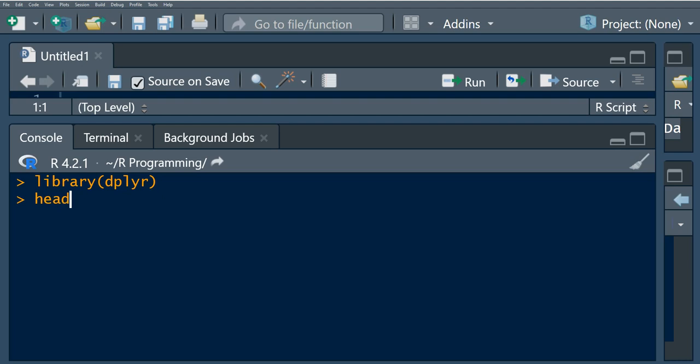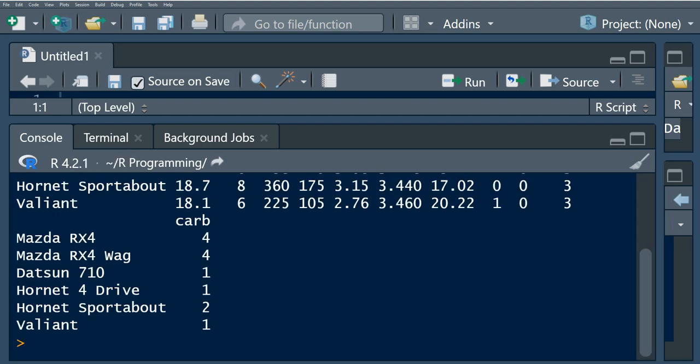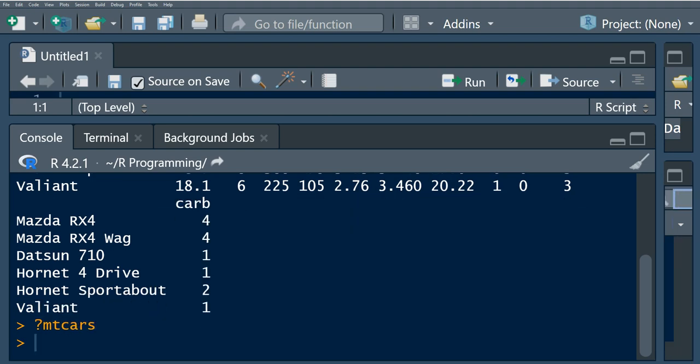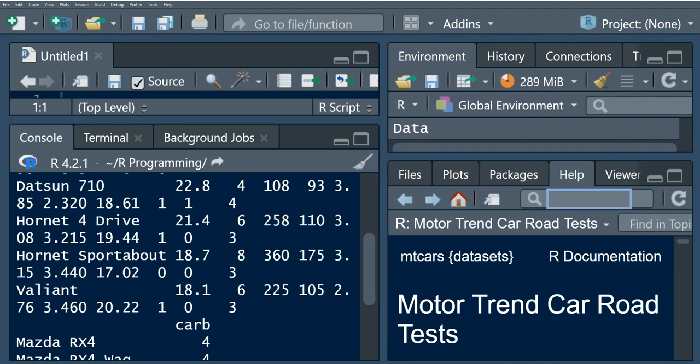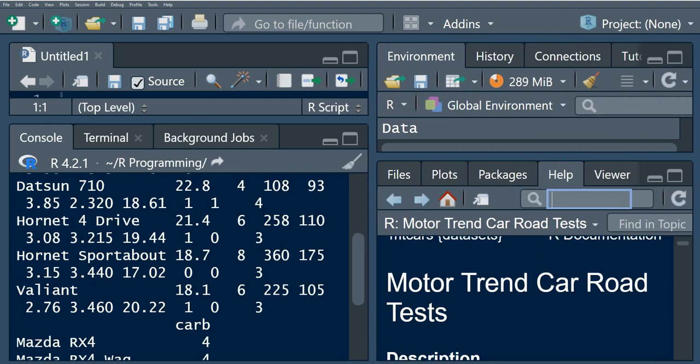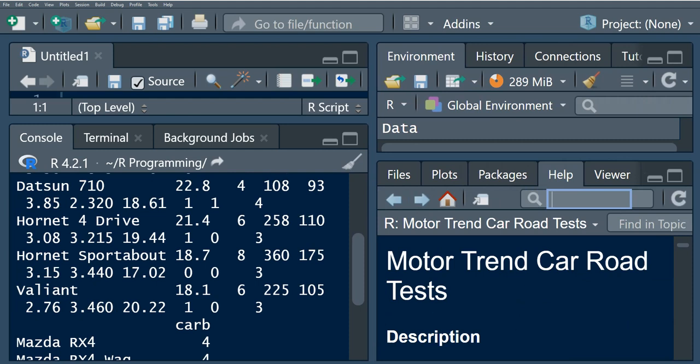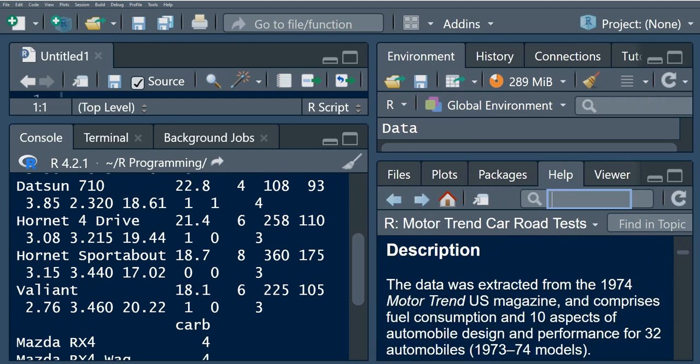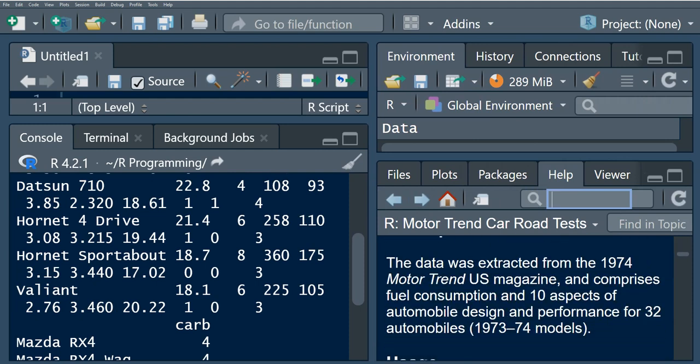So I'm going to use this data frame, which is mtcars, right? So this data frame, if you want to know, you can just go and say mtcars. But basically, if we go to the help window, this is a Motor Trend car road test. So this data was extracted from the 1974